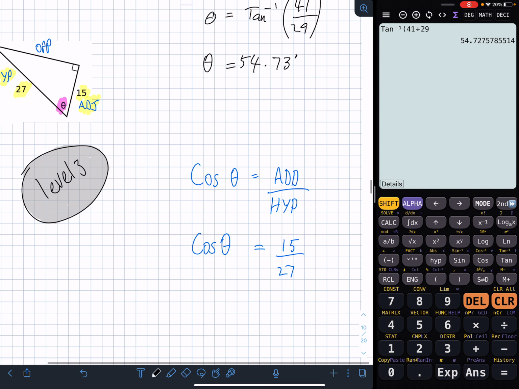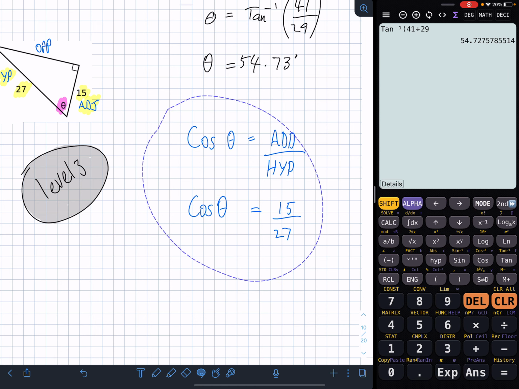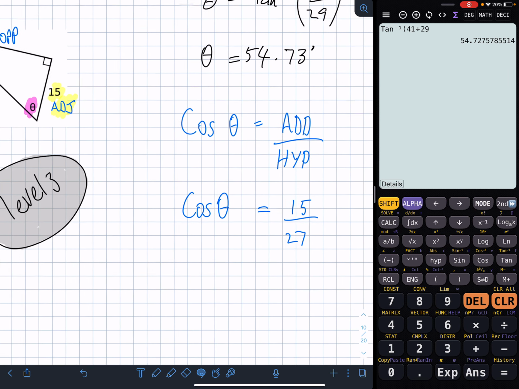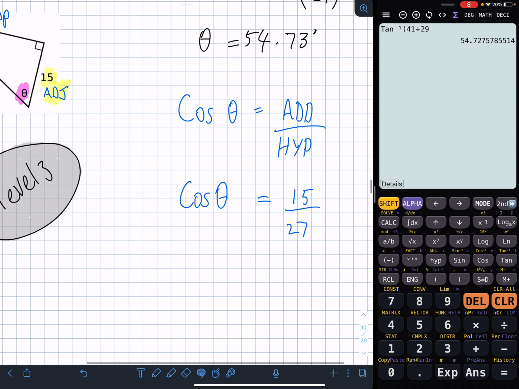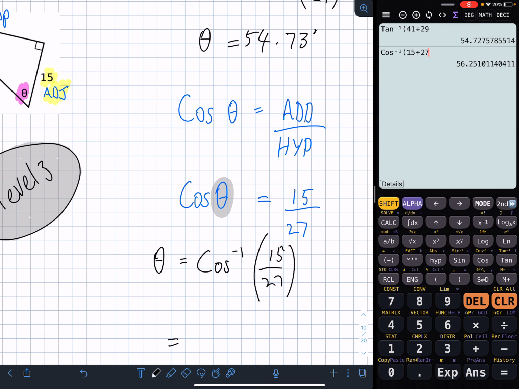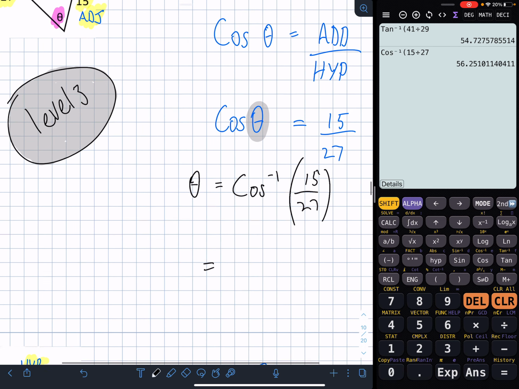Okay, for our other video on the shortcut way, that's just an easier way, which let's just go through that quickly now. We know it's a level 3 question, and so what we're going to do is we're just going to jump to theta equals cos to the power of negative 1, 15 over 27, and that will become shift cos 15 over 27. That will become 56.25